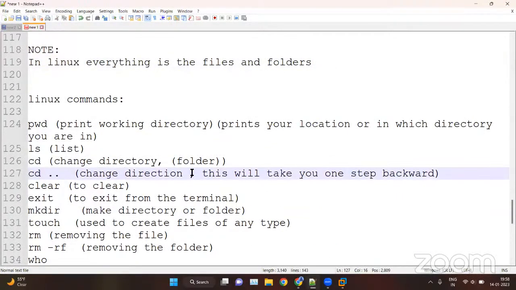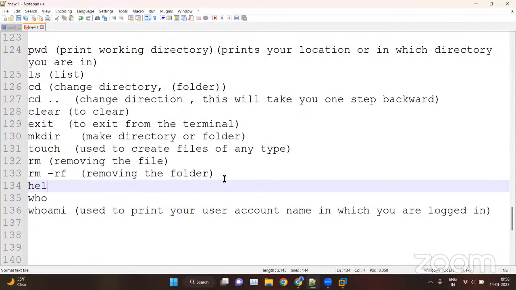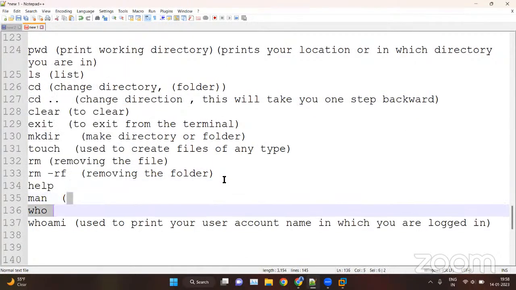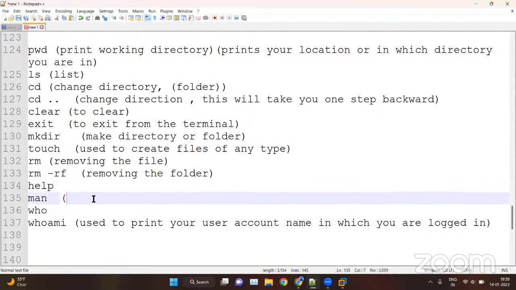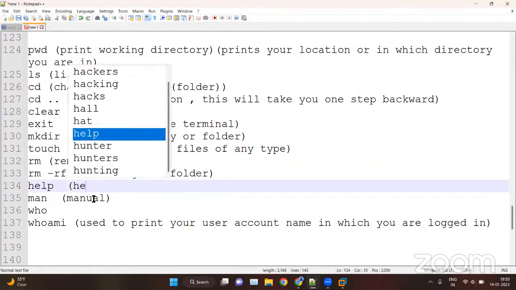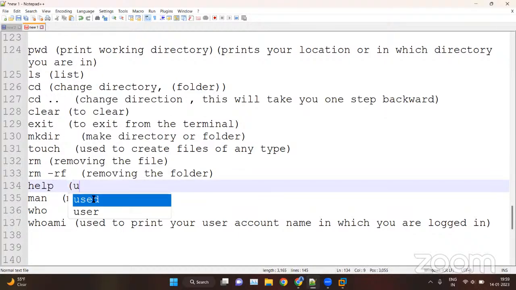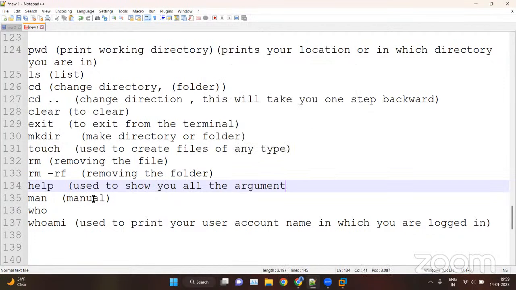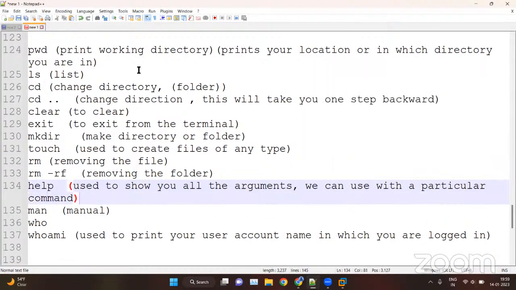Now we have the help command. Before that, help and man. Man is like a manual and help is like help. So the help command is used to show you